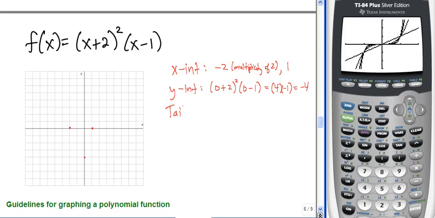And then let's look at our tail behavior. What's the dominant term if I were to FOIL this out? It would be this x, but remember, it's being squared, times this x. So an x squared times an x would be an x cubed. And it's a positive x cubed, so that means we have to go down on the left and up on the right. So if I look at my 2 intercepts here, the one that's furthest on the left, this is